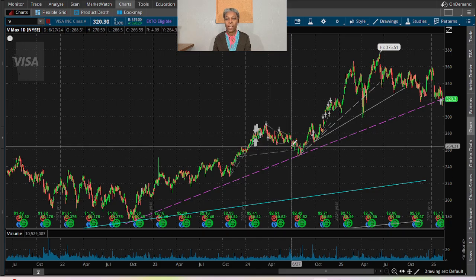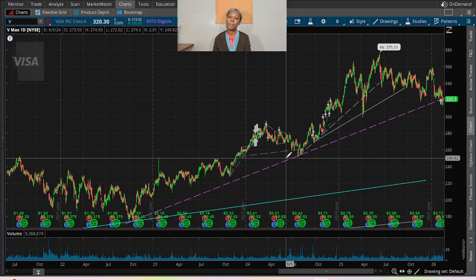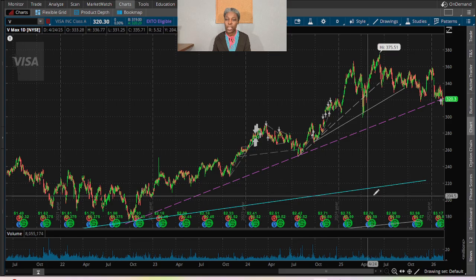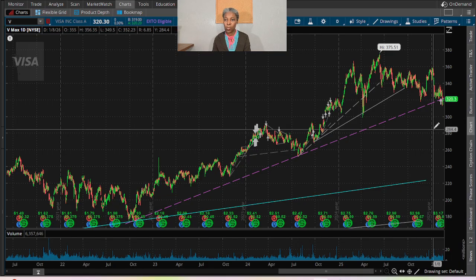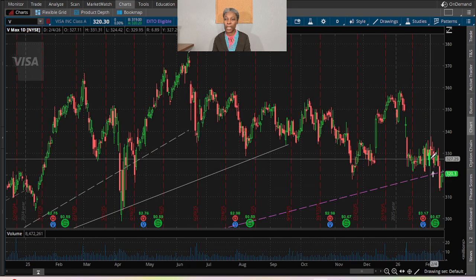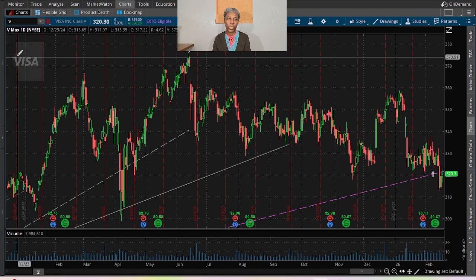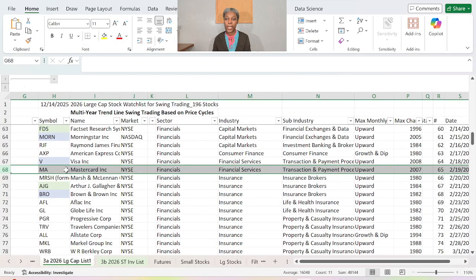So with that assumption in mind, in 2026 I start buying it right at the value line, and this is an example of the V that we analyzed yesterday when I make my purchase right there close to that value line. And you can see I made a purchase there, but then it pulled back lower before we start seeing it going up. Today we are going to analyze MA,